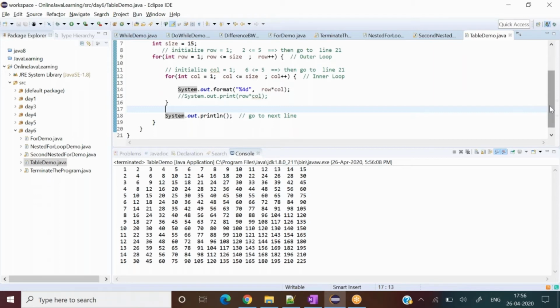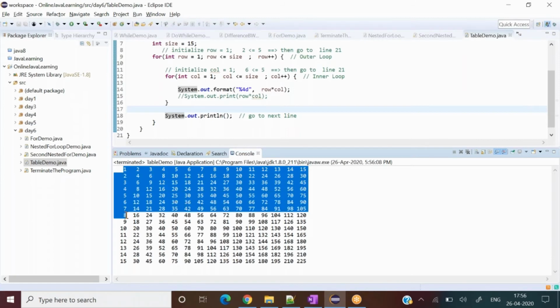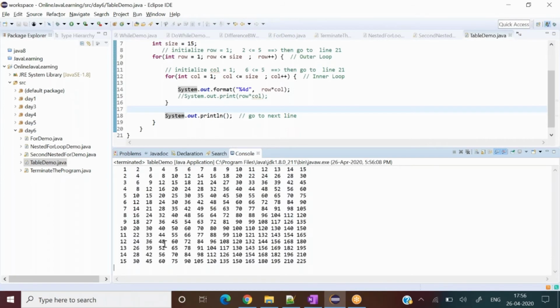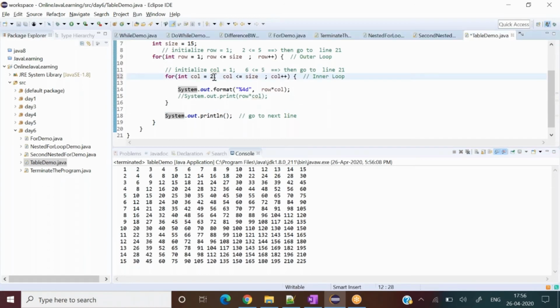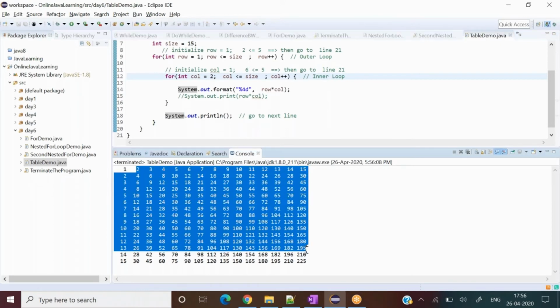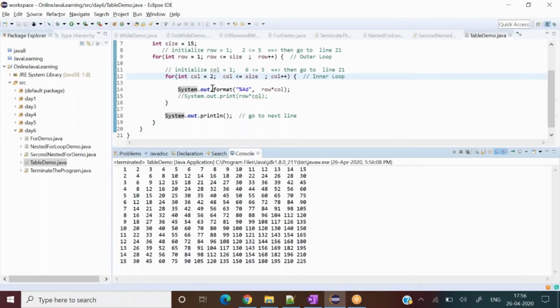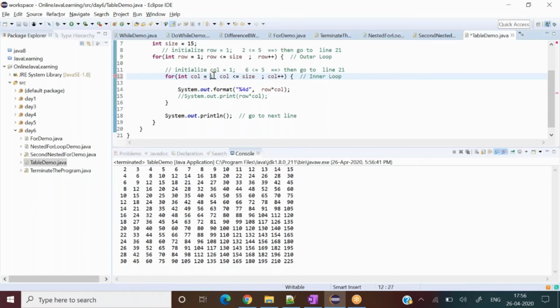I can make anything. If I want to say this is useless, one table nobody is interested in, the logic should be clear to you. If you start from the second column, it will start the table from 2 itself, 2 to 15. So I just make a one-line change for column 2, and see here, now it is starting from 2, the first has disappeared. So how granular you can be depends on how clear the concepts are to you.